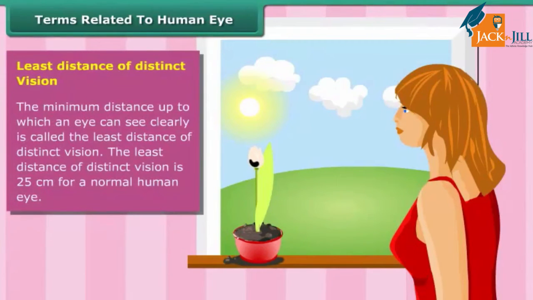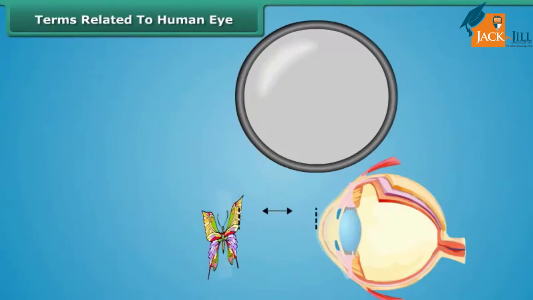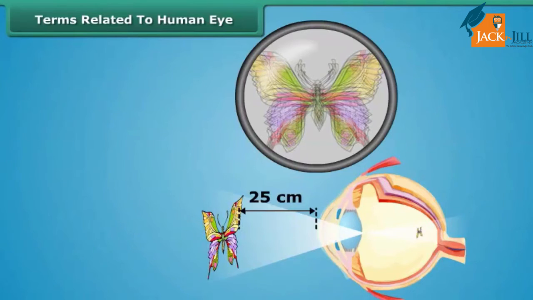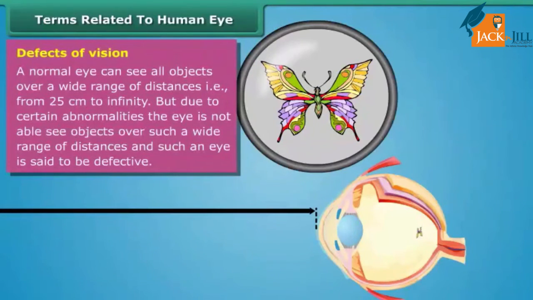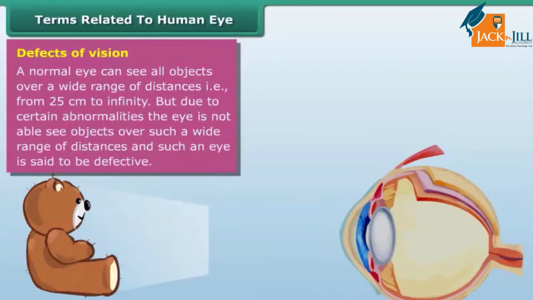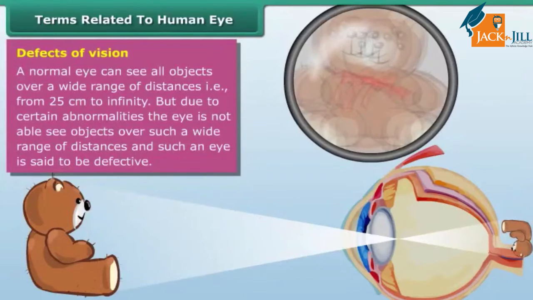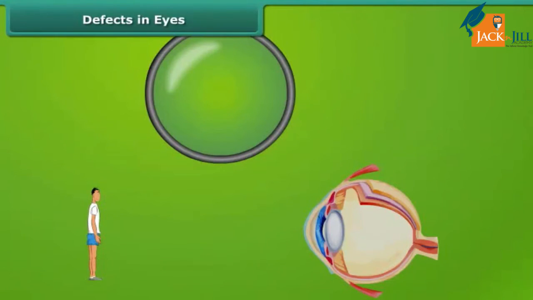Least distance of distinct vision. The minimum distance up to which an eye can see clearly is called the least distance of distinct vision. The least distance of distinct vision is 25 centimeters for a normal human eye. Defects of vision. A normal eye can see all objects over a wide range of distances, that is, from 25 centimeters to infinity. But due to certain abnormalities, the eye is not able to see objects over such a wide range of distances, and such an eye is said to be defective. Some of the defects of vision are